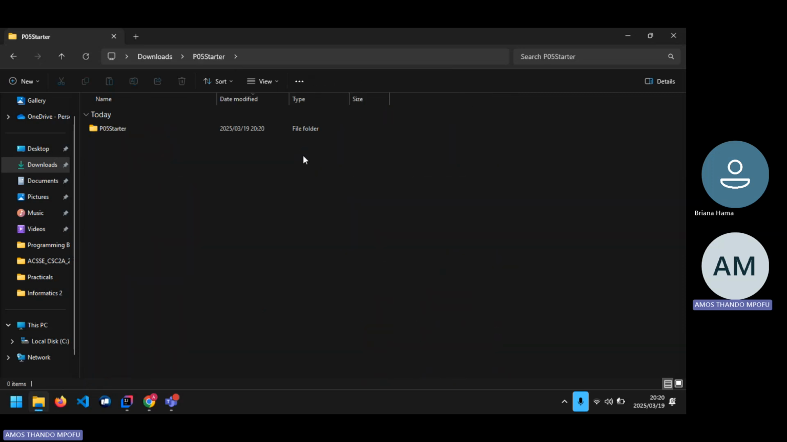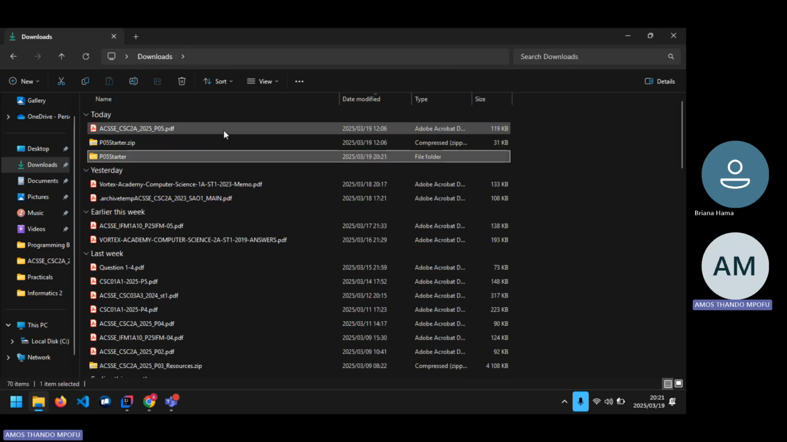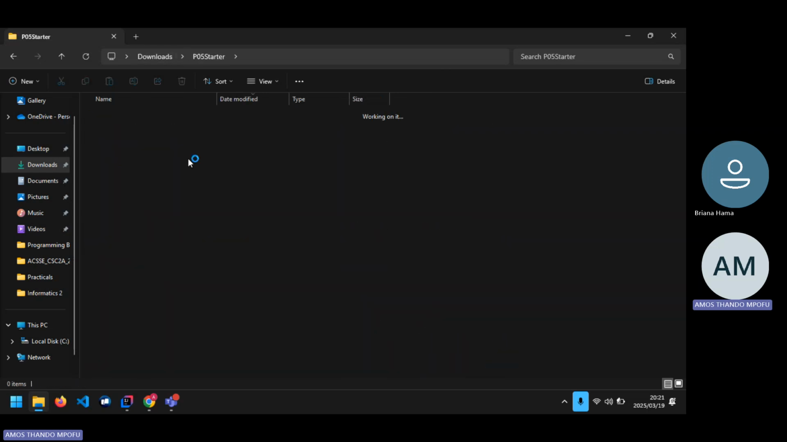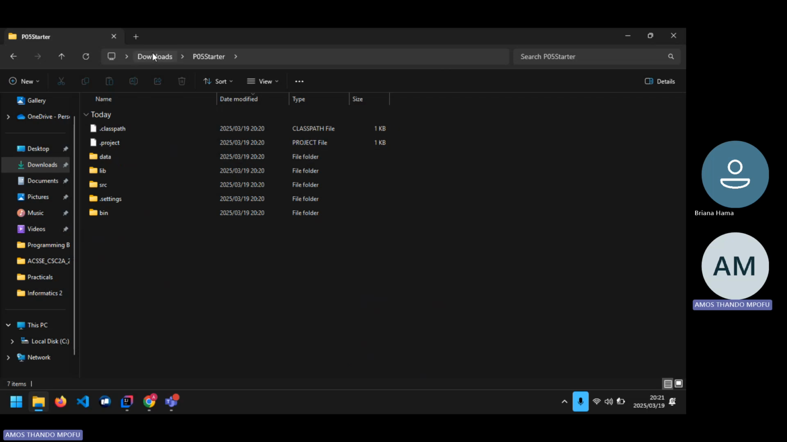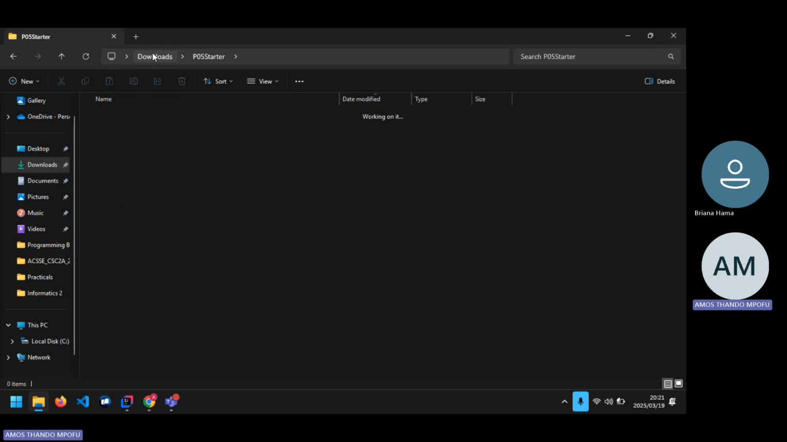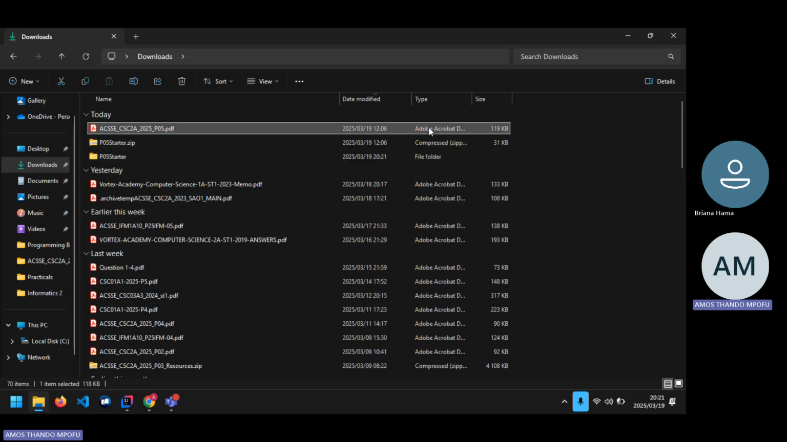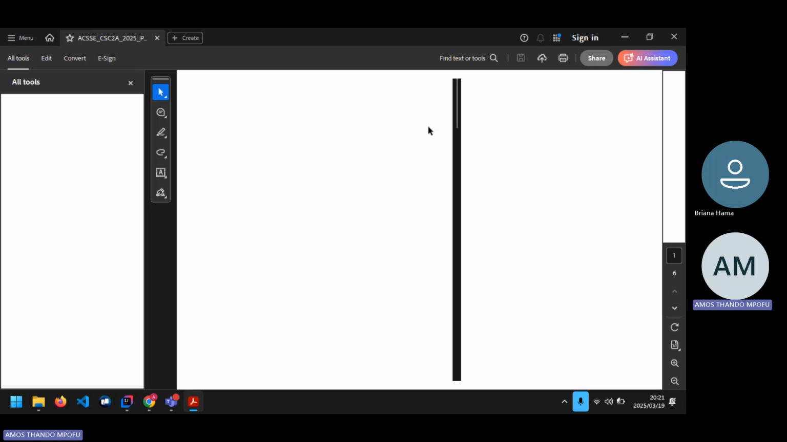So we have the starter code. Then I'm going to do this because I don't like it repeating the same folder. Oh, so you just open the code inside Eclipse. Yeah, this is convenient. So I'm gonna open the PDF here,